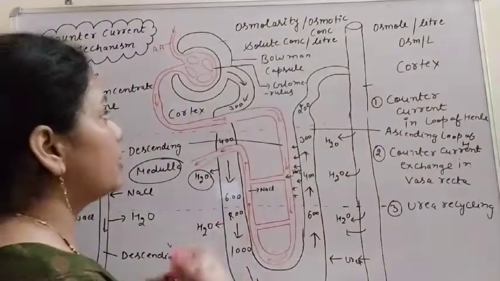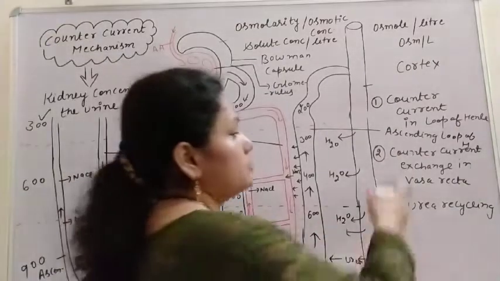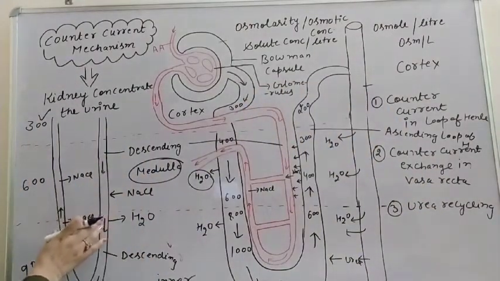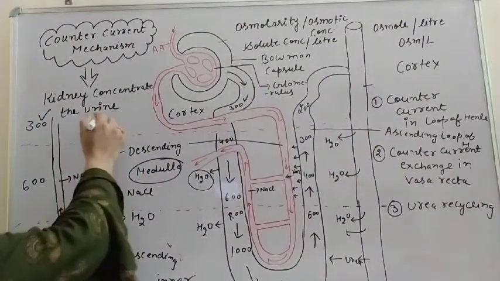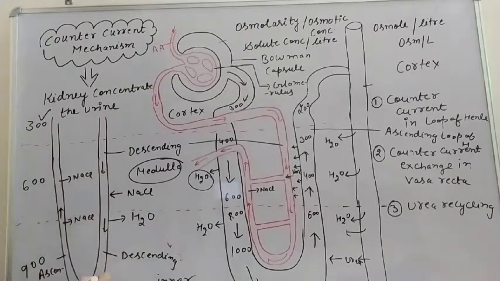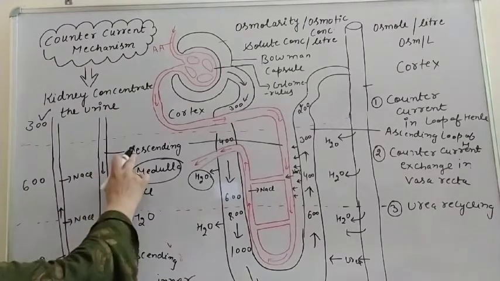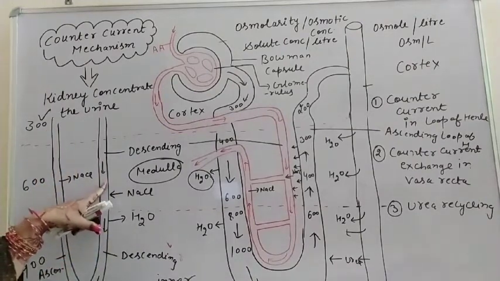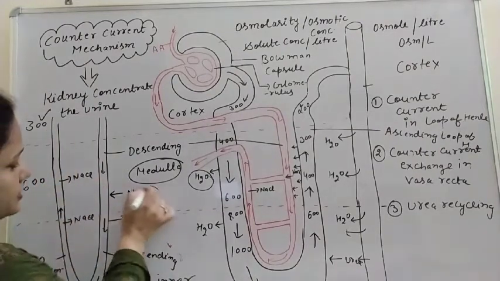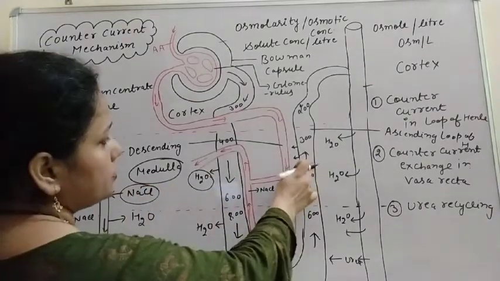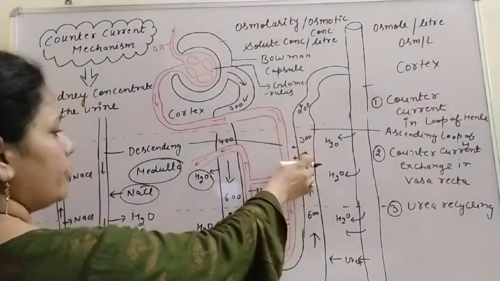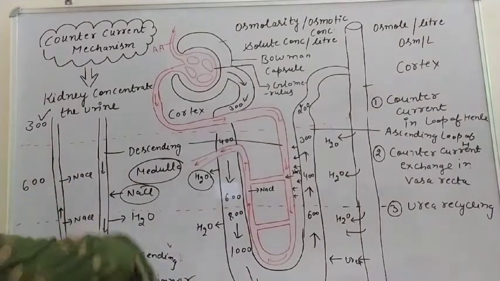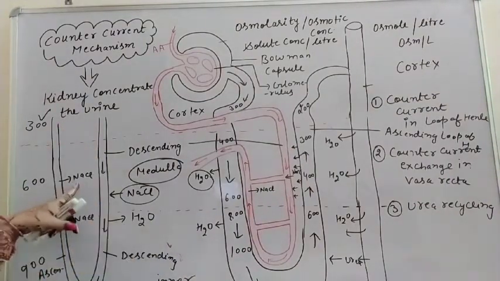So this mechanism is known as counter current exchange. Here I have also drawn the diagram of the vasa recta. If it is going in the downward direction, that is the descending vasa recta, and upward direction is ascending. So this descending vasa recta is taking NaCl from the ascending loop of Henle, and the ascending vasa recta is giving the NaCl to the